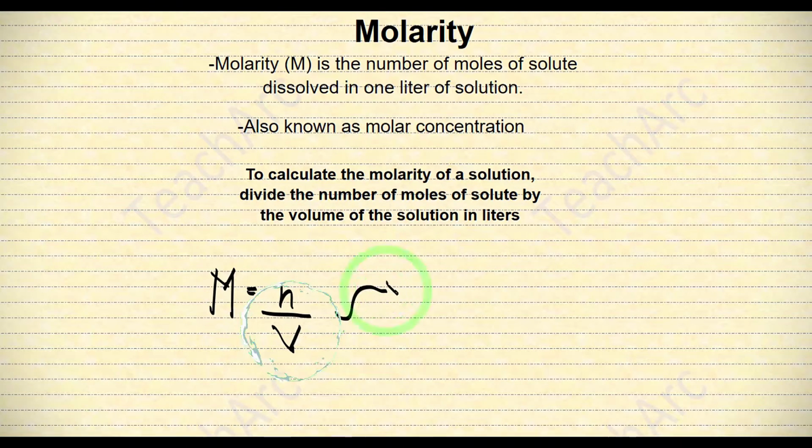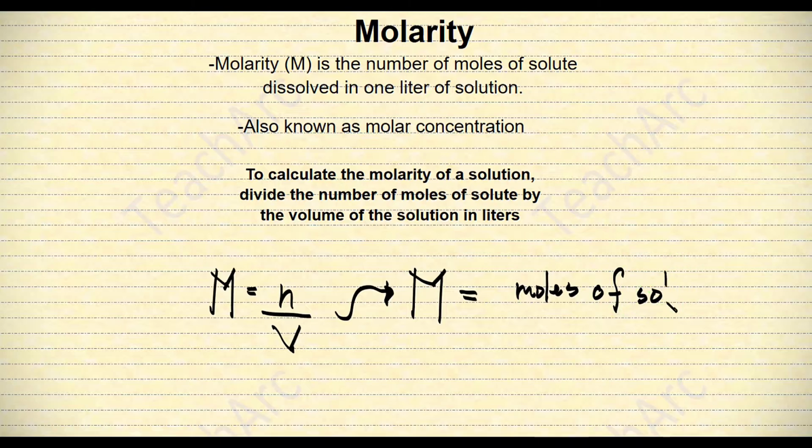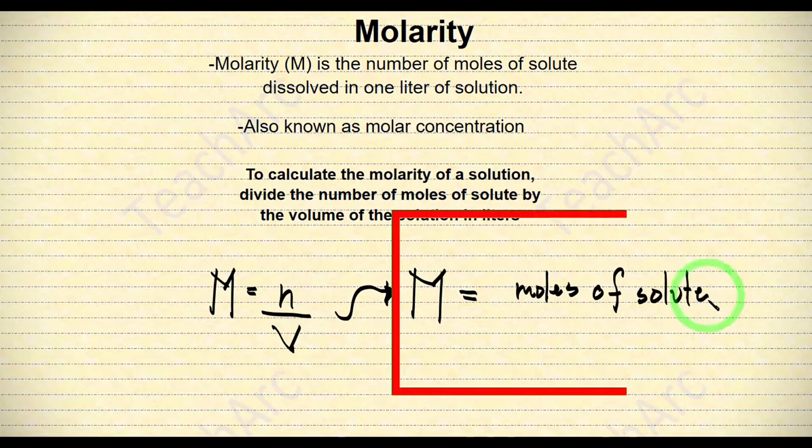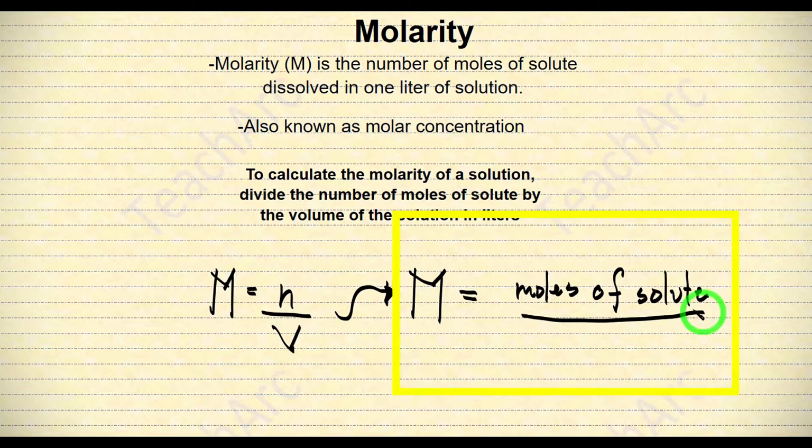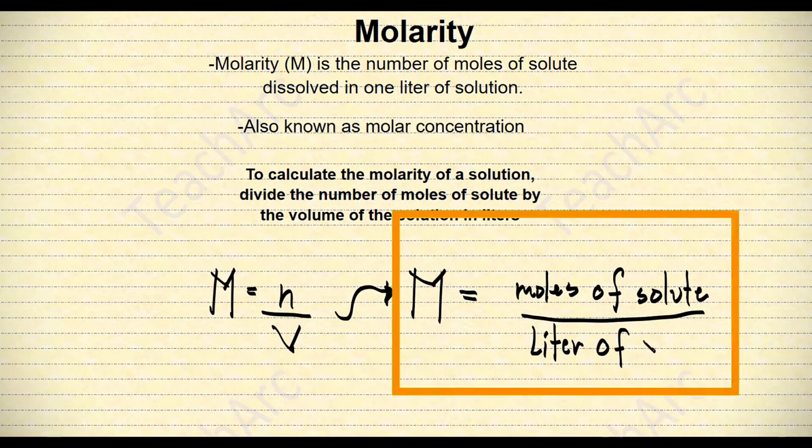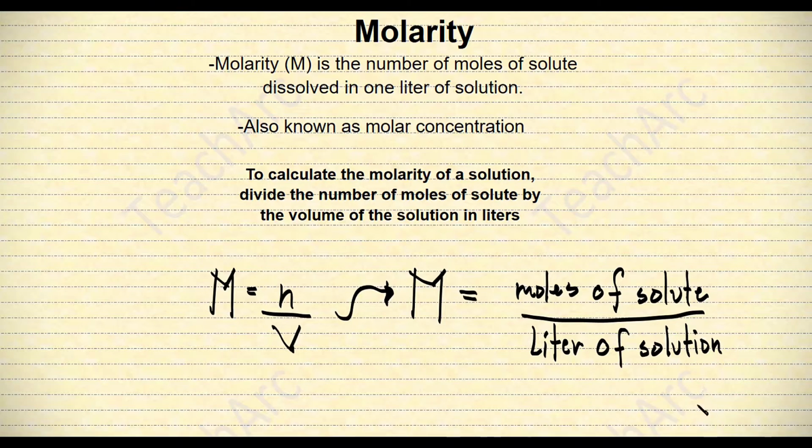and V is volume. But then, it can be confusing because you might ask which number of moles you need to use and which volume you are measuring. So to be more specific, we can show the formula of molarity as M is equal to the moles of solute over the liter of solution, which most books will give you. Effectively, the unit of molarity is mole per liter.